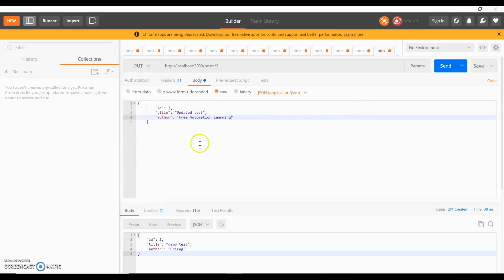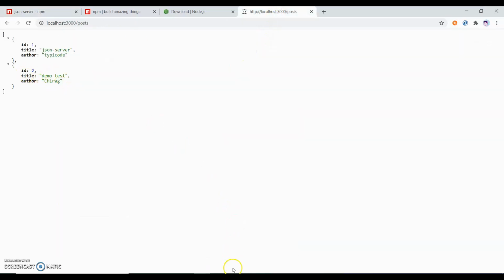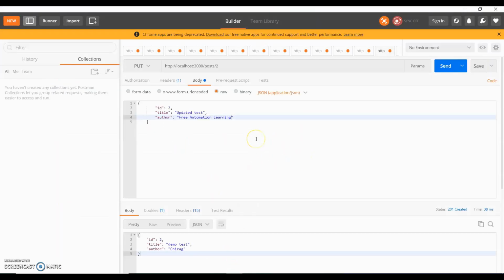So I'm putting, meaning I'm modifying my data. Currently I have data for Chirag demo test. When I send and hit the PUT request, then my data will be modified.